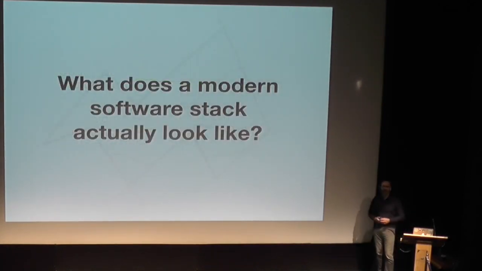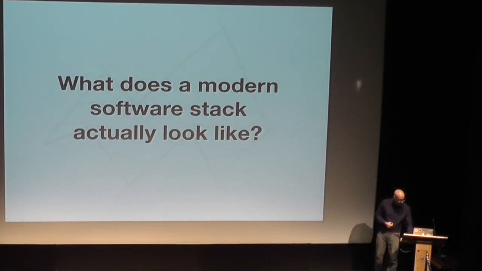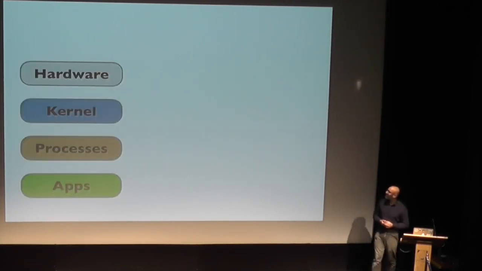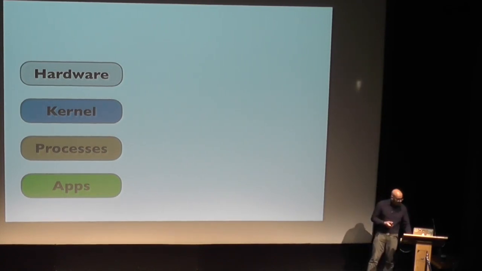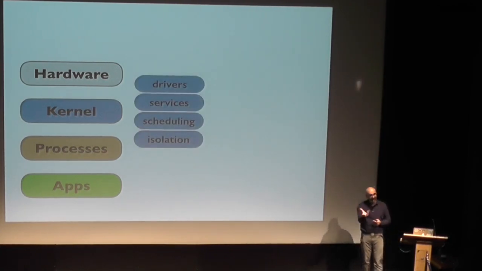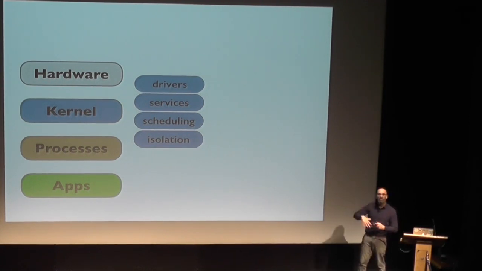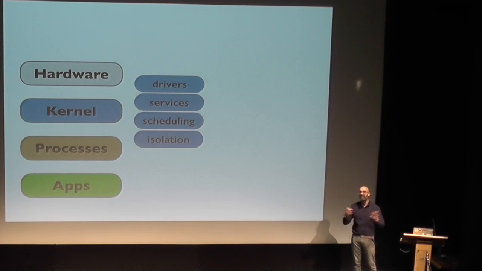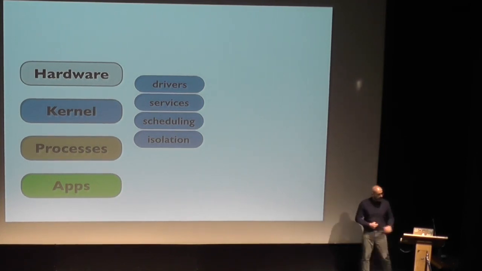So we need to understand what a modern software stack actually looks like before we can start fixing the problem. Where are we? It's pretty simple. We start off with some hardware, and you tend to build an application. And what we have are two major software-based abstractions between these things. One is the idea of processes, and these processes are a single unit of computation that runs in its own isolated address space. And this is all mediated by the kernel, the grand oversight in the sky that runs in every modern computer, and it provides a bunch of basic services that acts as a layer between the hardware and the user.